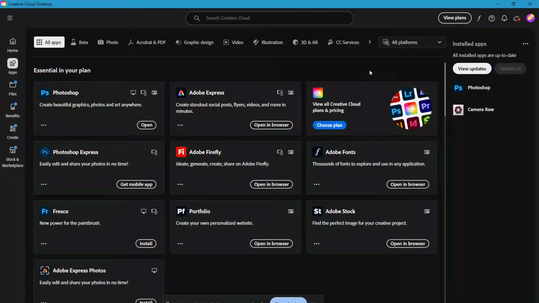If Photoshop is giving you the MSVCP140.dll error, don't worry. This is usually caused by a missing or corrupted Microsoft Visual C++ redistributable file, and in most cases, the fix is quick and simple. In this video, I'll show you exactly how to solve the problem step by step so you can get Photoshop